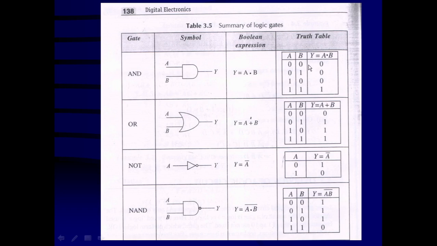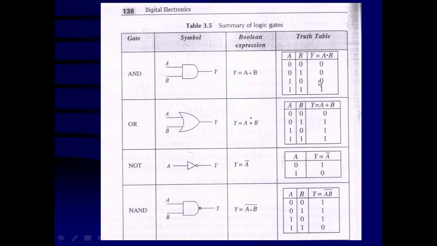And in the last column, a truth table is given which has two inputs. So there are four possible combinations: 0 0, 0 1, 1 0 and 1 1. For each combination, what A dot B will be is represented in the output. So for the 0 0 combination, output is going to be 0, for 0 1, output is going to be 0,